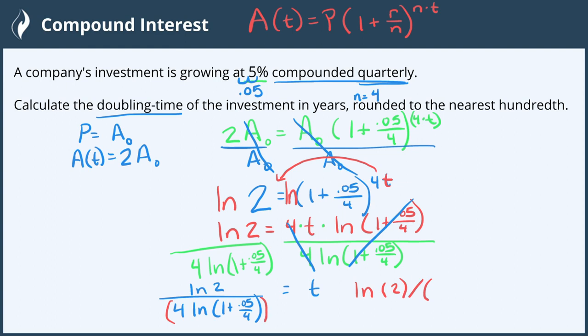So we have a set of parentheses around everything down there, and we'll have 4 times ln. You don't have to put a multiplication sign unless you want to, because the calculator will automatically assume that you're multiplying 4 times the ln. And then it'll open another set of parentheses for us, and we'll type in 1 plus 0.05 divided by 4, and close the set of parentheses for the ln. Then we'll need to close the second set of parentheses for everything to stay in the denominator. Then we'll press enter, and this gives us